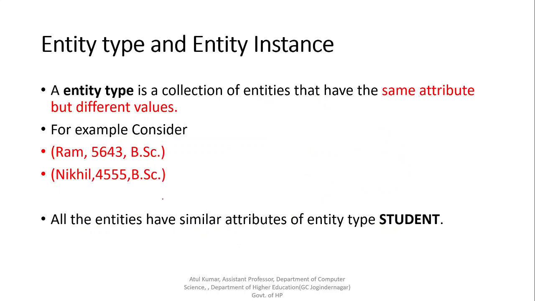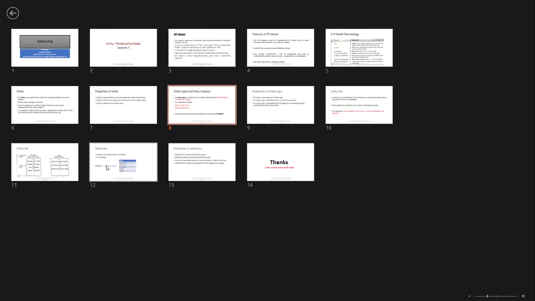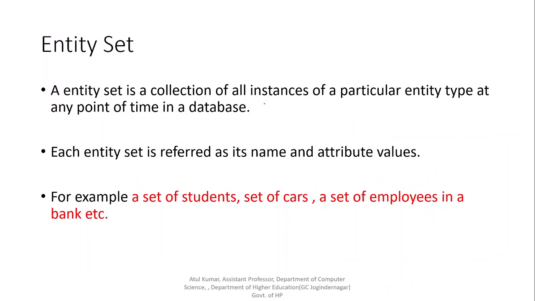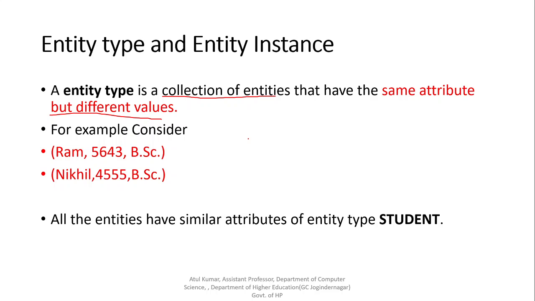So next we have what is an entity type. An entity type is a collection of entities that have the same attributes but different values. For example, suppose we have these two entities, and the first instance of the entities